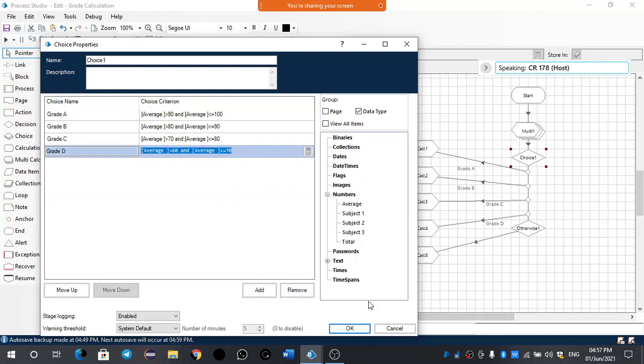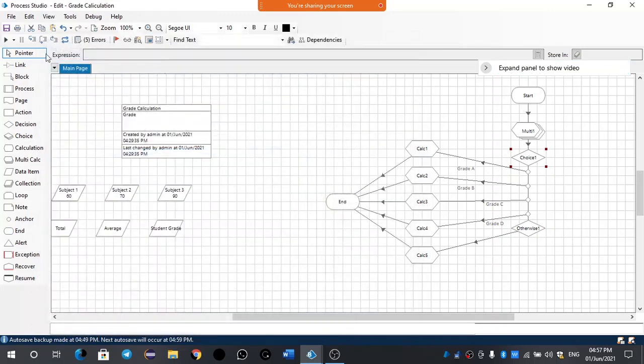Click on OK. Reset it. Don't run. Reset it.